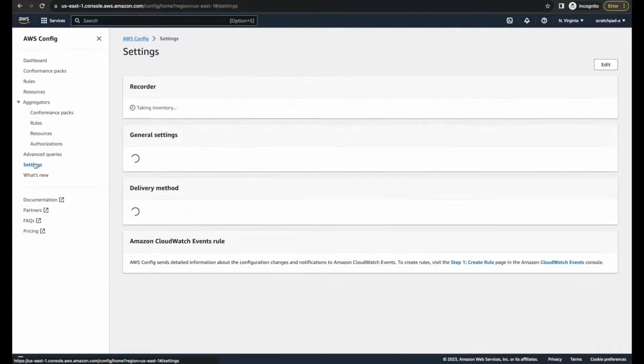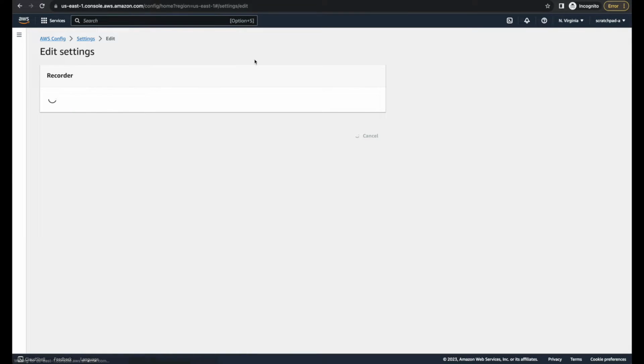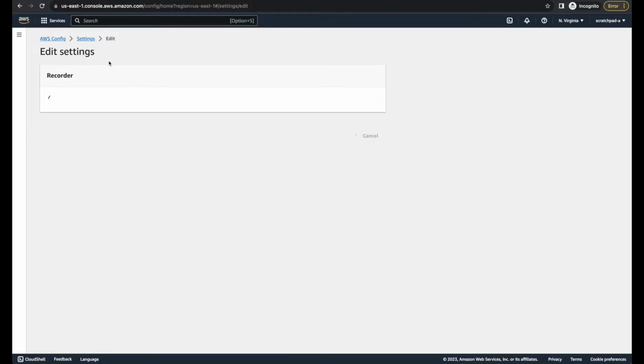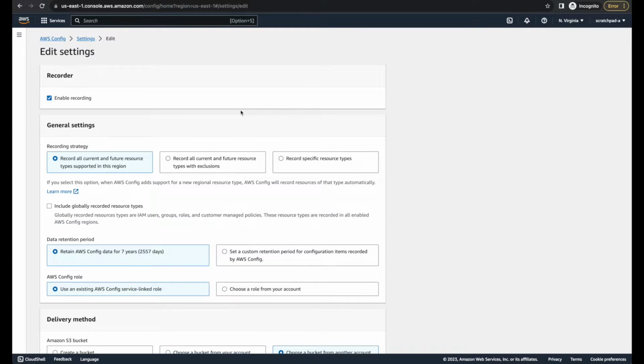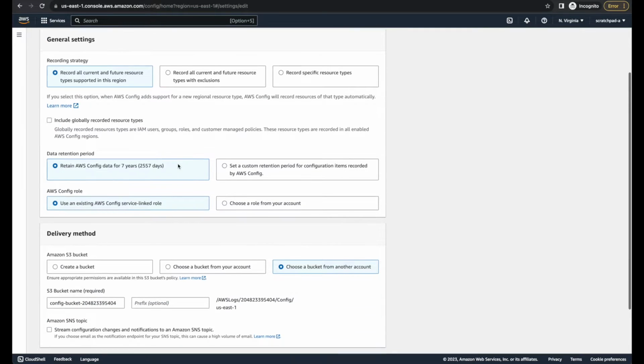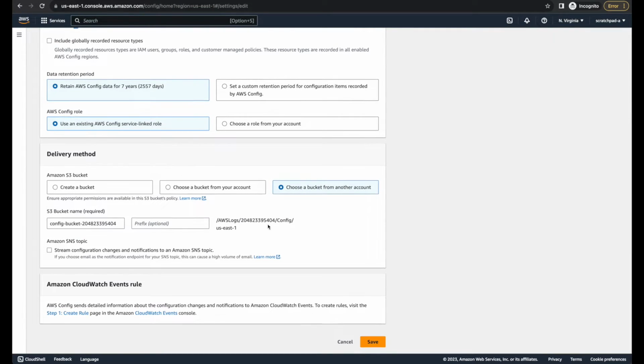So let me go to settings and click on edit and enable recording. Now if you're coming to this menu for the first time, your setup would probably look a little different. Since I've already enabled config previously in this account, that's why the menu was coming like this. But for you, it might look like get started, and then you will have to select the configuration here, which I'm doing right now. I'm just going to select all defaults and